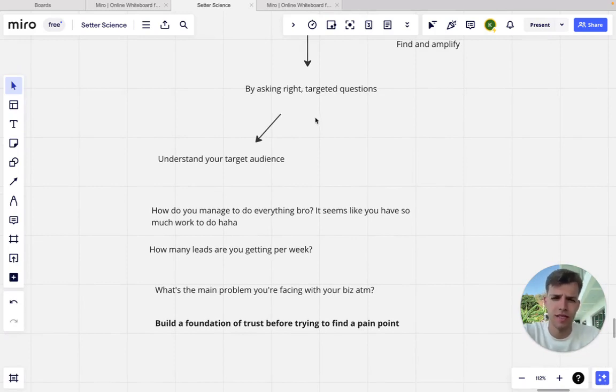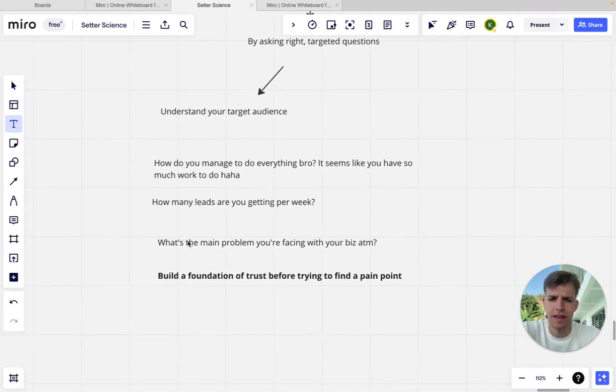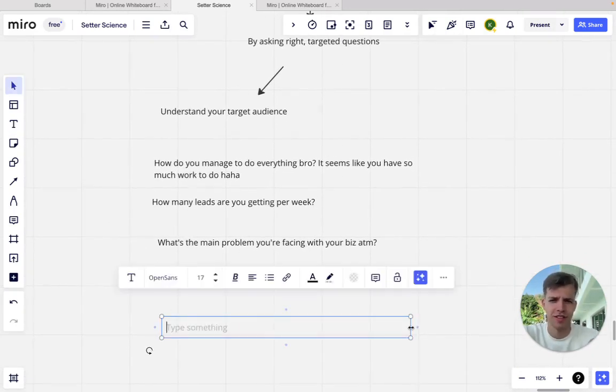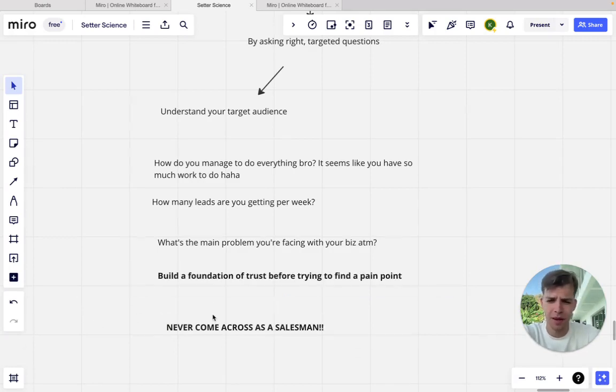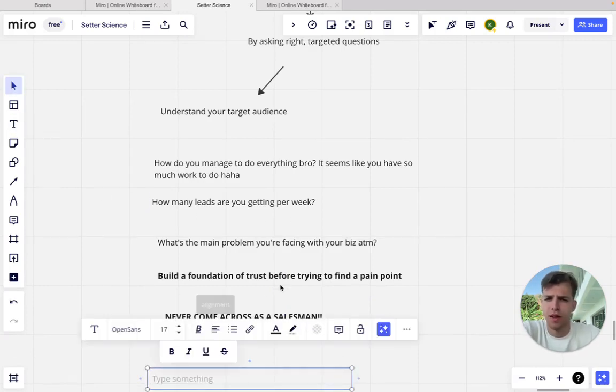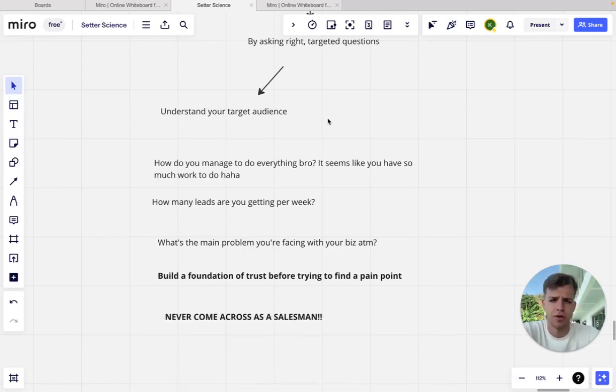One more important thing I always say is that you don't come across as just another salesman. I always repeat that, and I will always be saying that until it's drilled deep inside you. Never come across as a salesman. Never. If they pick up by any chance that you're a salesman, their defenses are gonna go up and you're not gonna get anything from them. As soon as they sense that you're trying to sell them something, they're not going to even want to talk with you. And even if they do, then you'll face a bunch of objections, some smokescreen objections or anything like that.